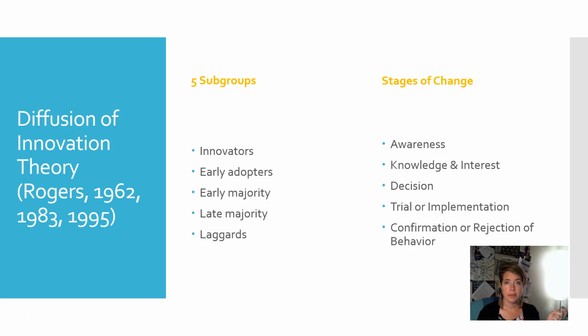So, a couple of quick reminder slides of some of the theories that we'll be talking about. Most of you have had another class where you've probably delved into these theories or models before, but I'm going to give you the skinny of a couple. First is diffusion of innovation theory. This theory really helps us to think about how people adopt new ideas in a community. So we think about 5 subgroups within that idea, from innovators all the way down to laggards.